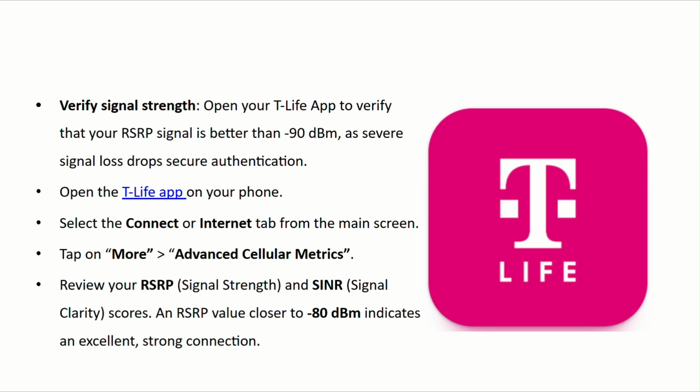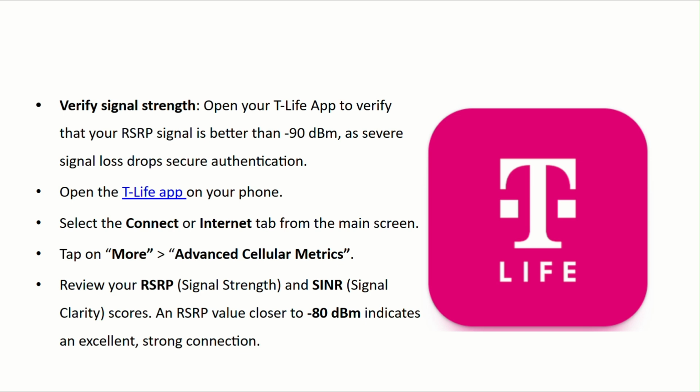Open the T-Life app on your phone, select the Connect or Internet tab from the main screen, then tap on More, then go to Advanced Cellular Metrics. Now review your RSRP signal strength and SINR signal clarity. An RSRP value closer to 80 dBm indicates an excellent,